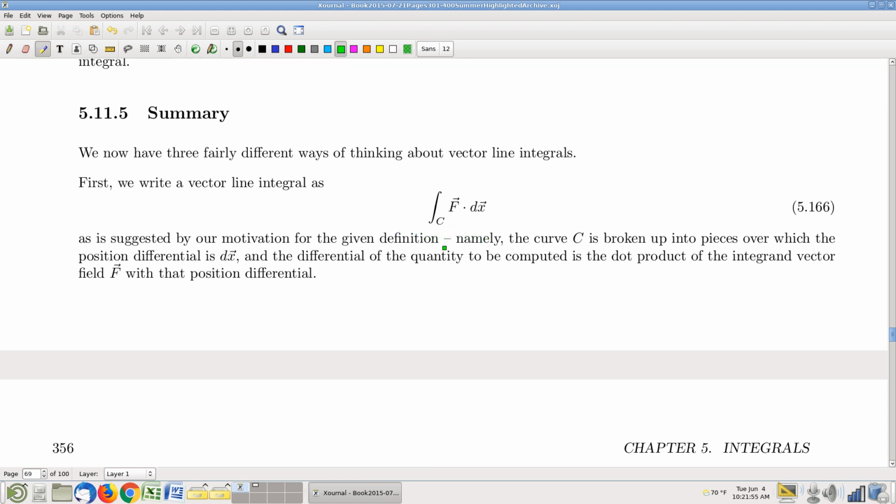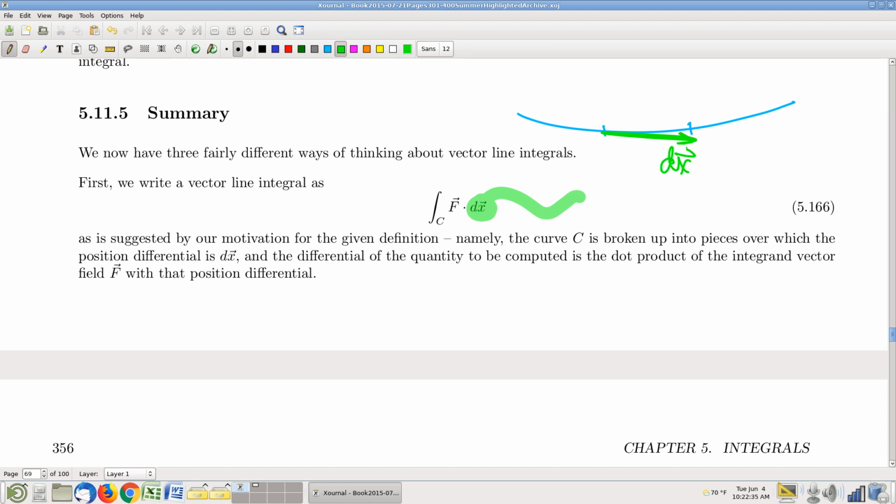Last thing, and I think this is a big deal also. This dx here is telling you everything that you need to know for the purposes of this integral about the curve, a little piece of the curve. Let me draw that picture. If you have a piece of curve like this, right, your dx vector, vector like that,